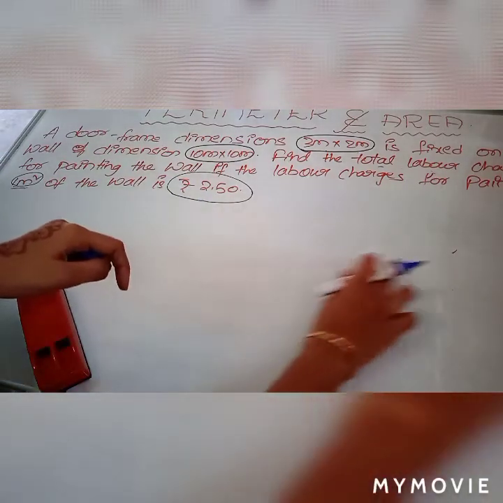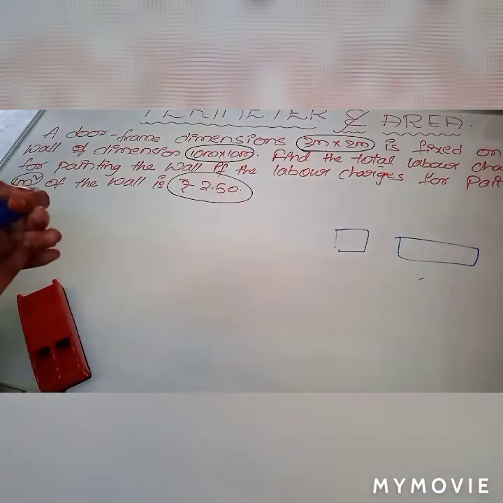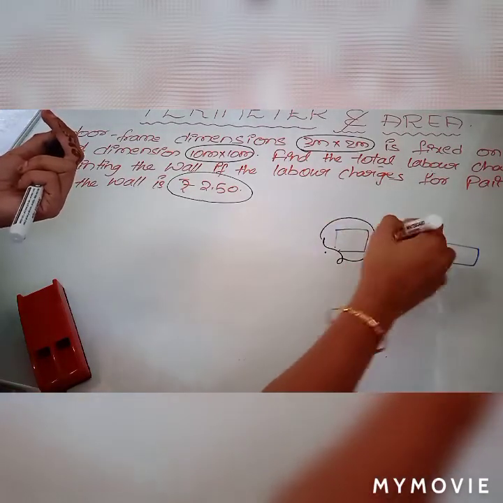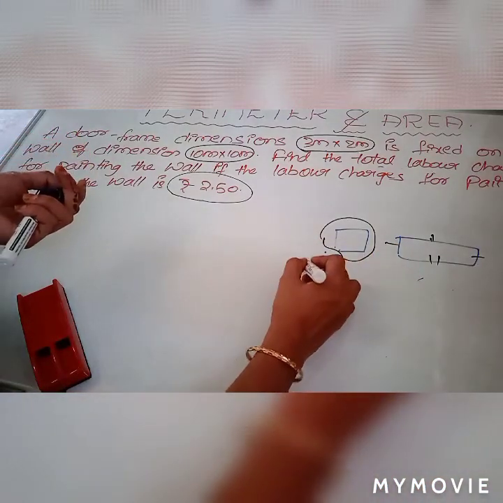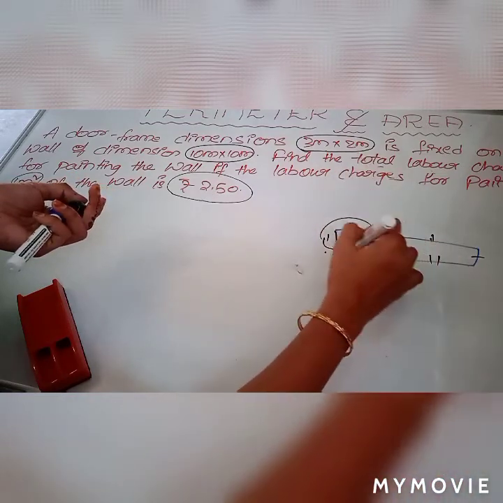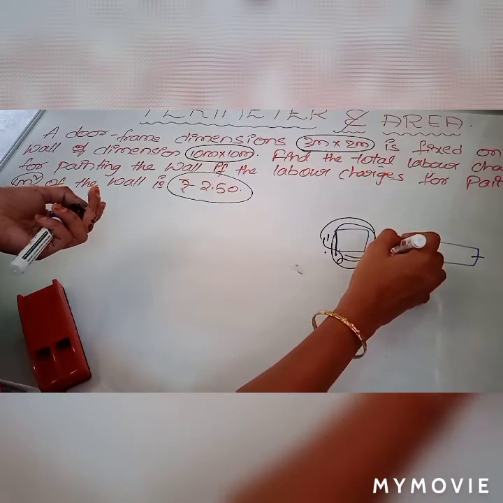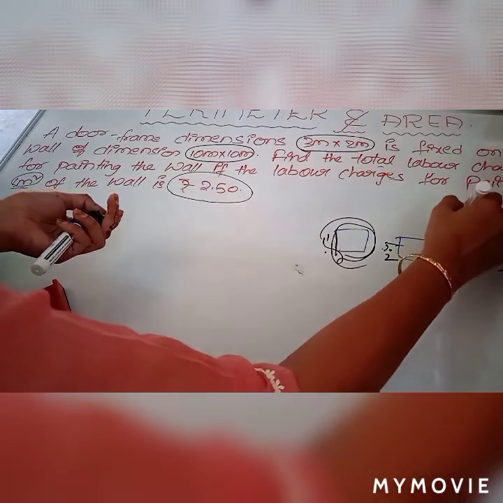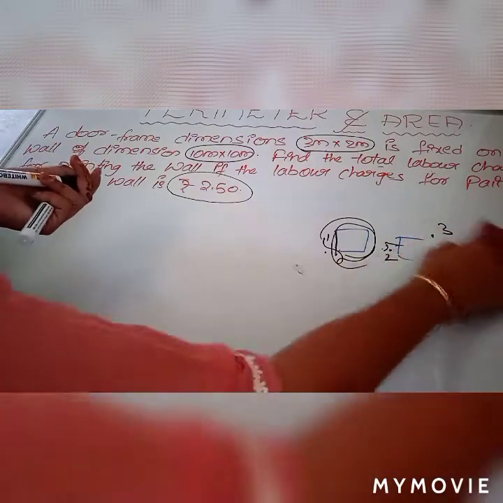See, from the question we can find whether it is based on a square or a rectangle. We can say easily, because for a square all 4 sides are equal, while for a rectangle only 2 sides are equal. If for a square one side is 1 centimeter, then the remaining sides are also 1 centimeter. But for a rectangle, if the length is 2 centimeters, then the opposite length is also 2 centimeters. If the breadth is 3, the opposite is also 3. So we can find from the dimensions whether it is based on a square or a rectangle.